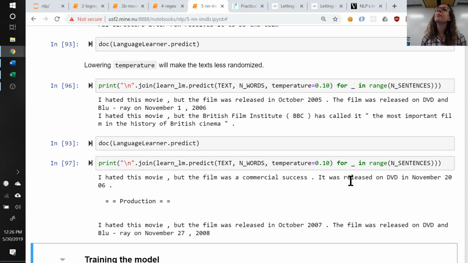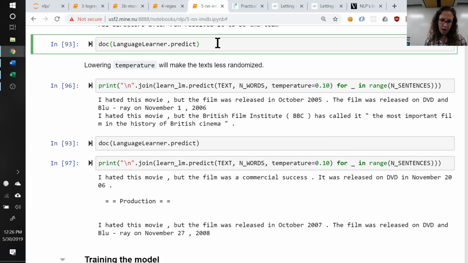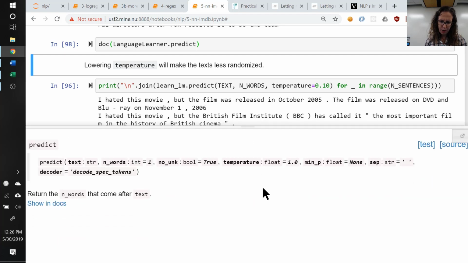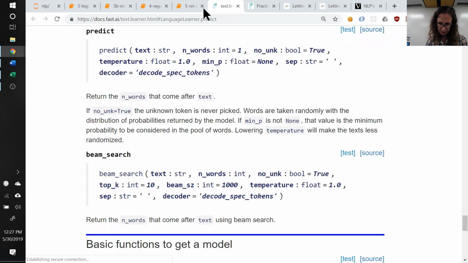And the second question is how temperature works, because I understood that it's something that works with the softmax, that T that you divide by to make the weights, the logits more similar, but how does that relate, or how does that work? So we can look at the docs for predicting on the language model. Let me see if this gives more information. Actually, let's go to the